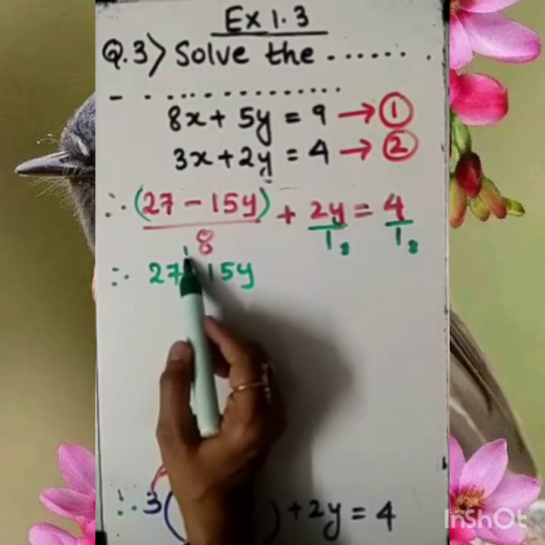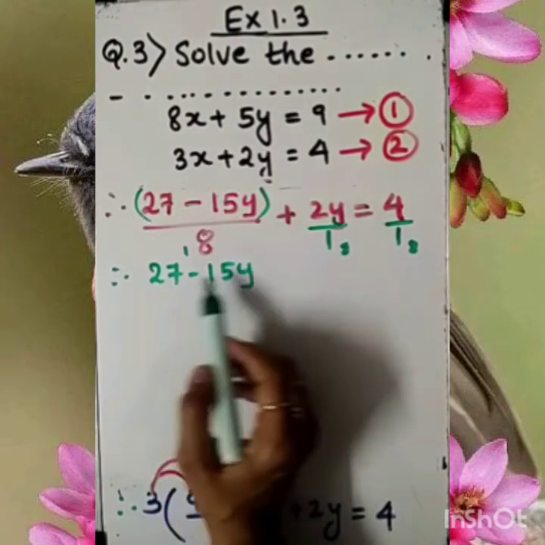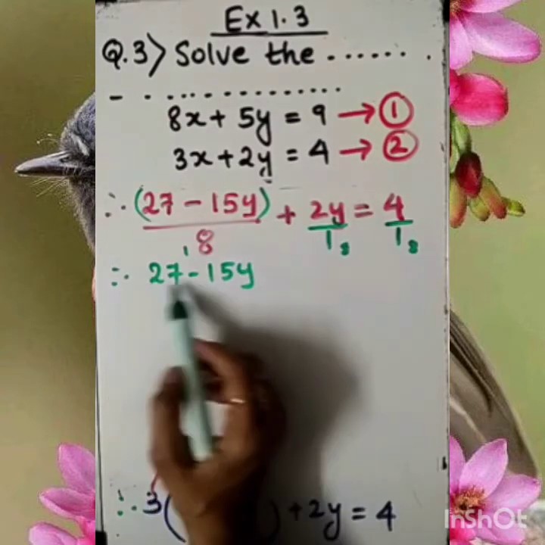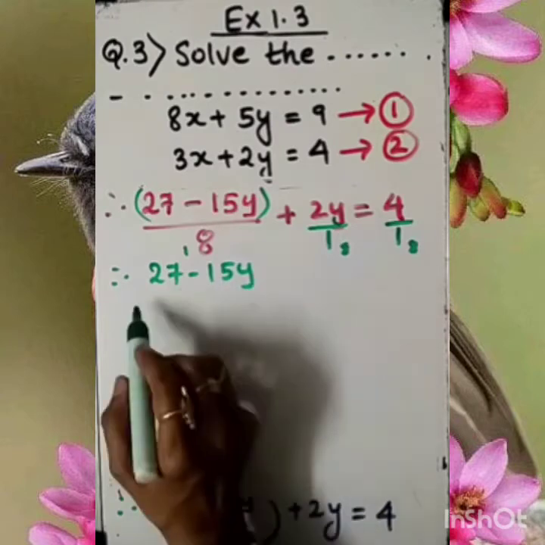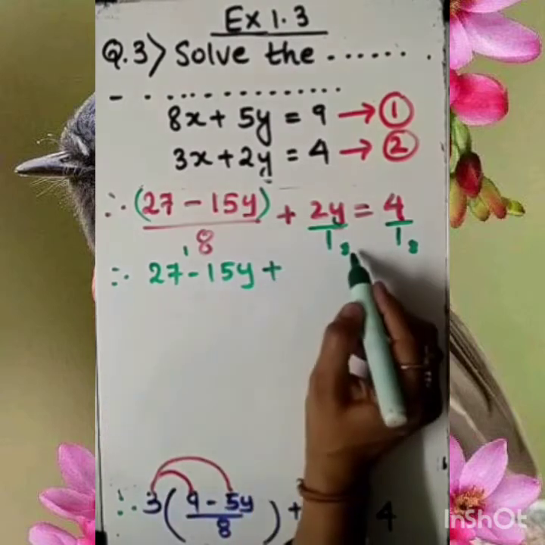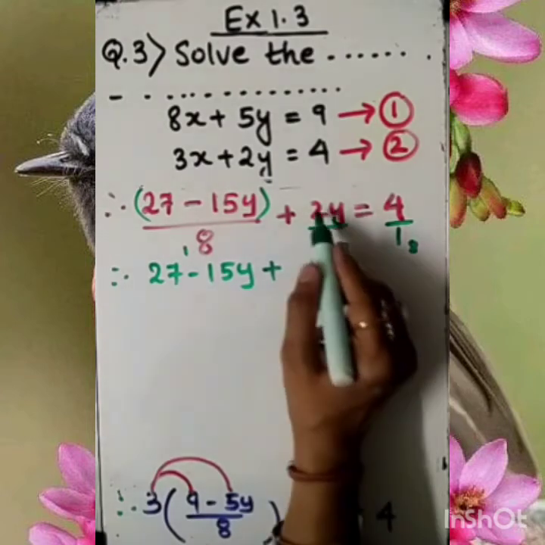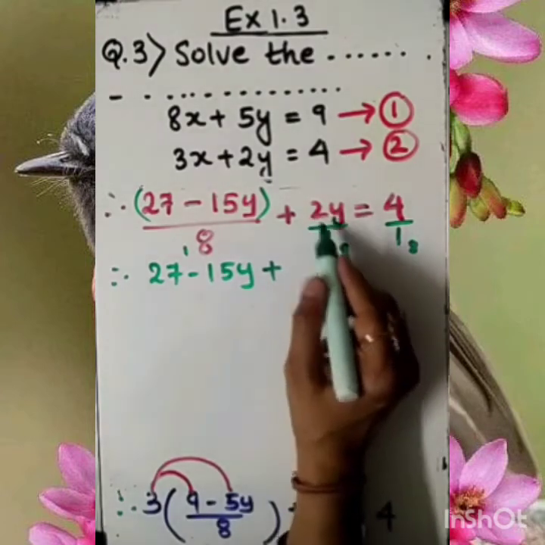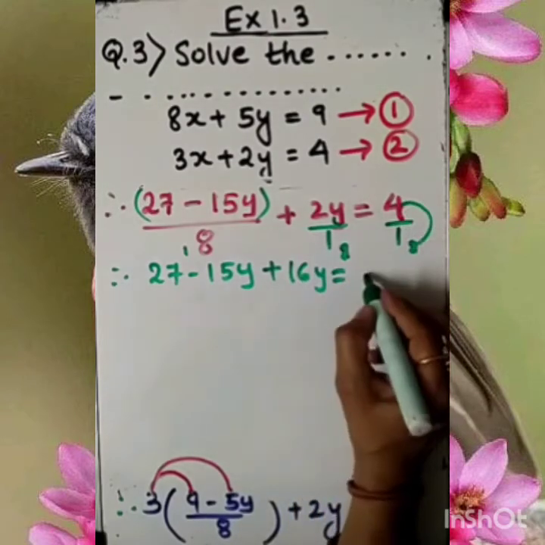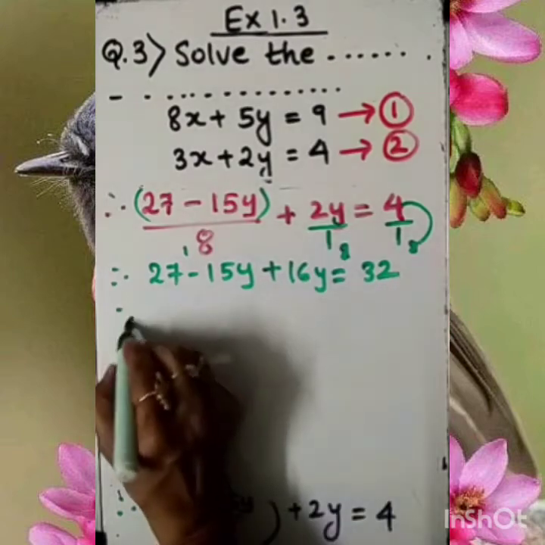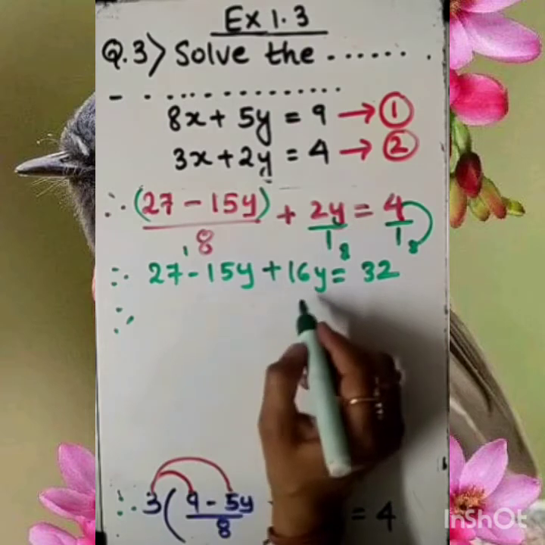As we have to multiply with 1, both of these terms in the numerator we are going to multiply with 1, so it will remain the same. If you want to mention, you can write 1 and a bracket. If not, then let it be as it is. Now, here it is 8. We are going to multiply the numerator with the same. So 8 into 2, 16y. And what about this? 4 into 8, 32. So you can see now it is in a linear form, and very easy to solve further.